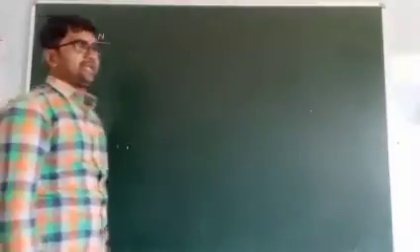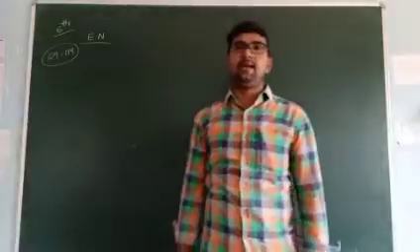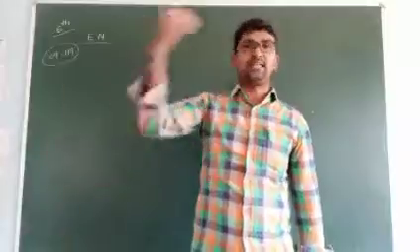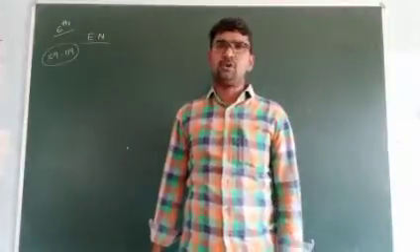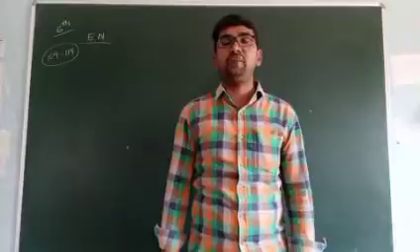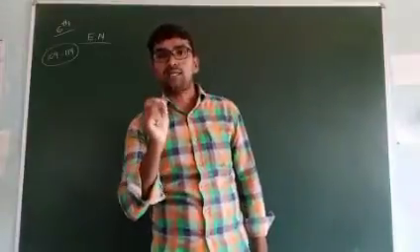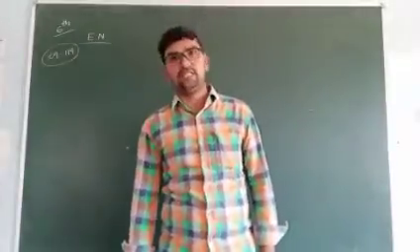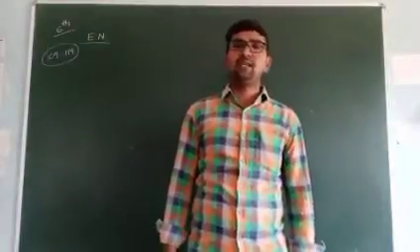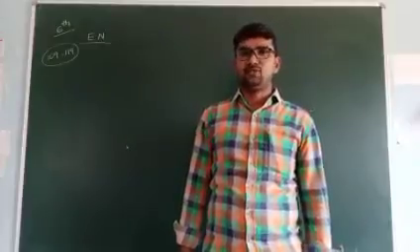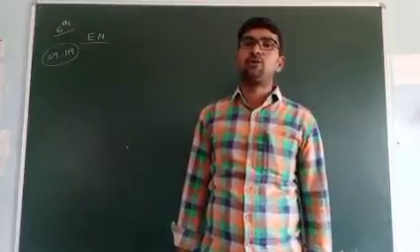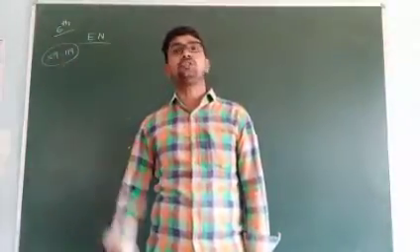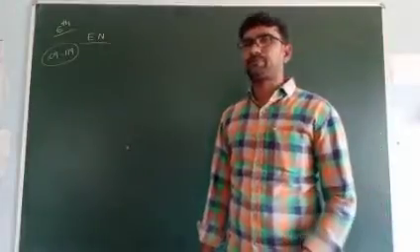Electronegativity. Sir, what is electronegativity, sir? Electronegativity is the tendency of attracting an electron pair towards itself. And what type of element shows electronegativity? Small size elements show electronegativity. In the periodic table, non-metals, because non-metal sizes are very small compared with metals. So non-metals show more electronegative nature in the periodic table, but metals show electropositive character, right?